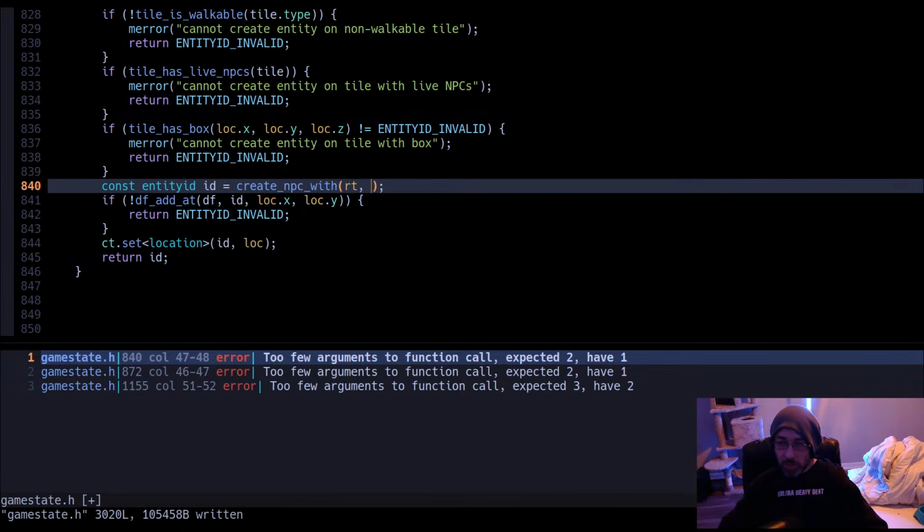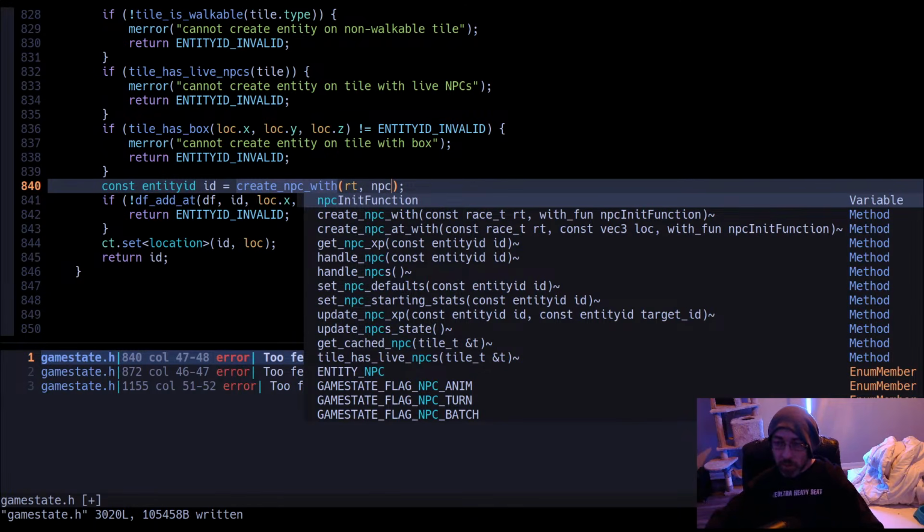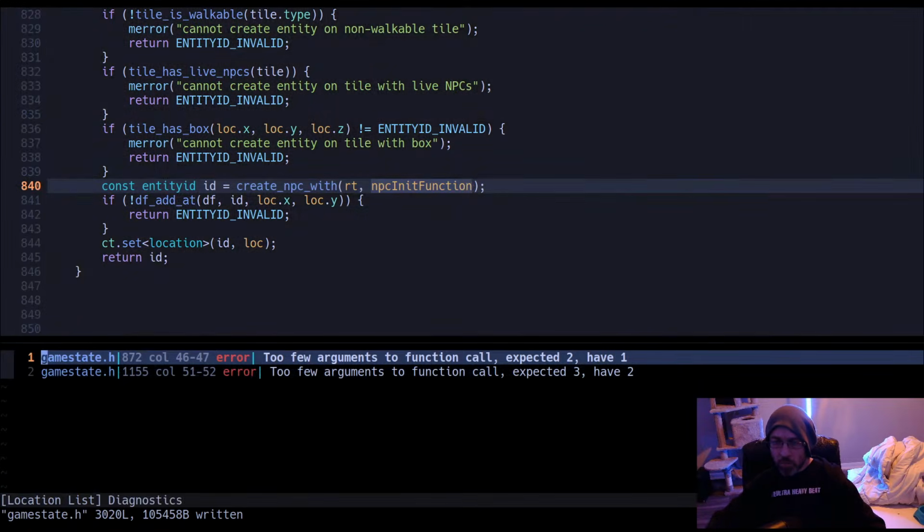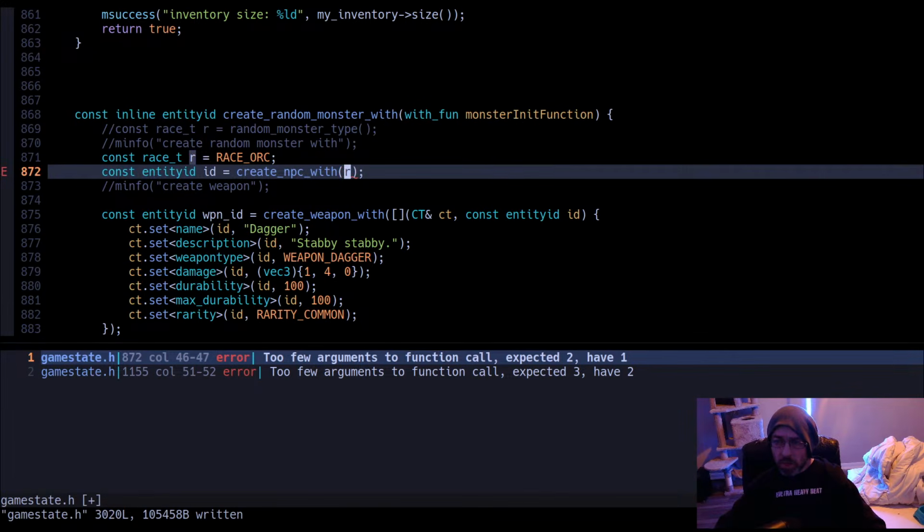So down here, we pass that NPC init function. Here, we can actually pass monster init function to create NPC with.